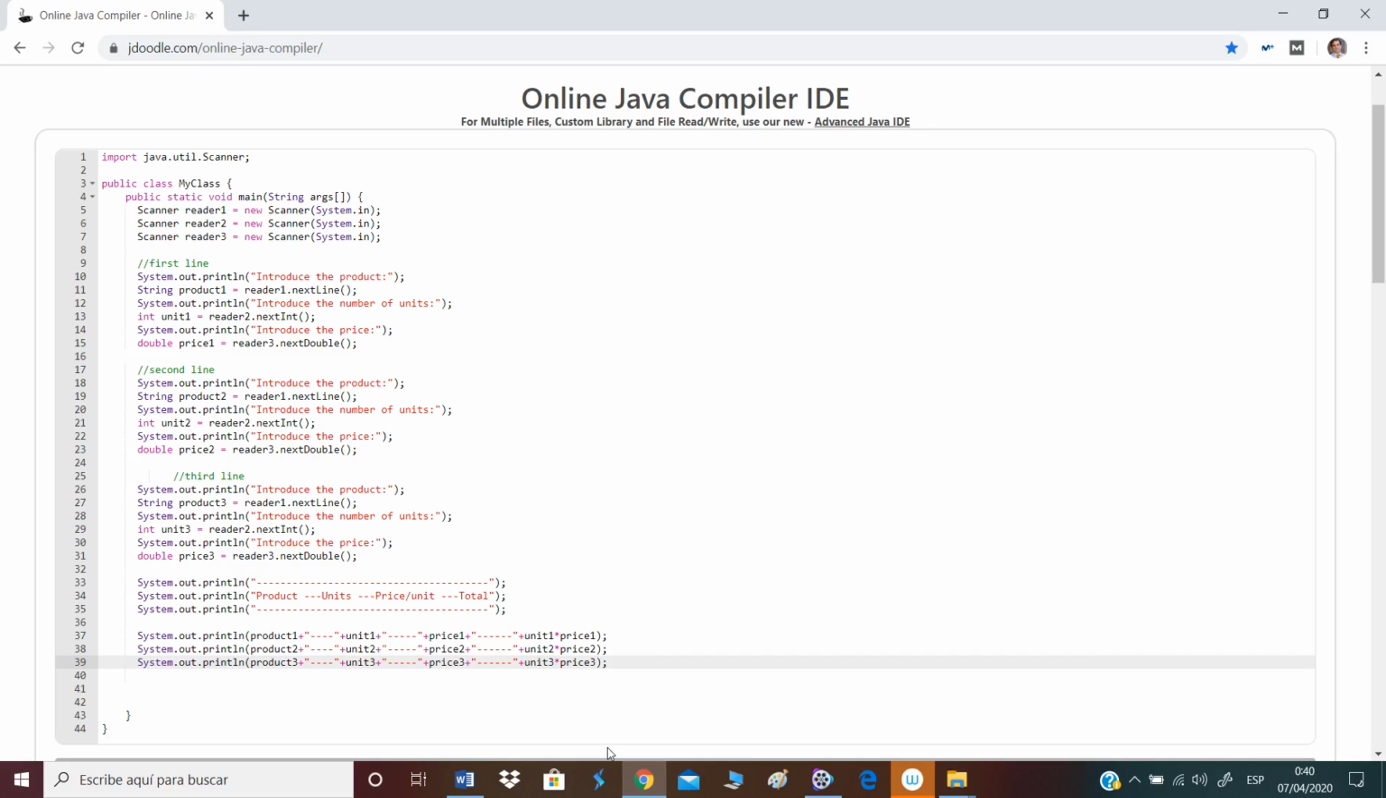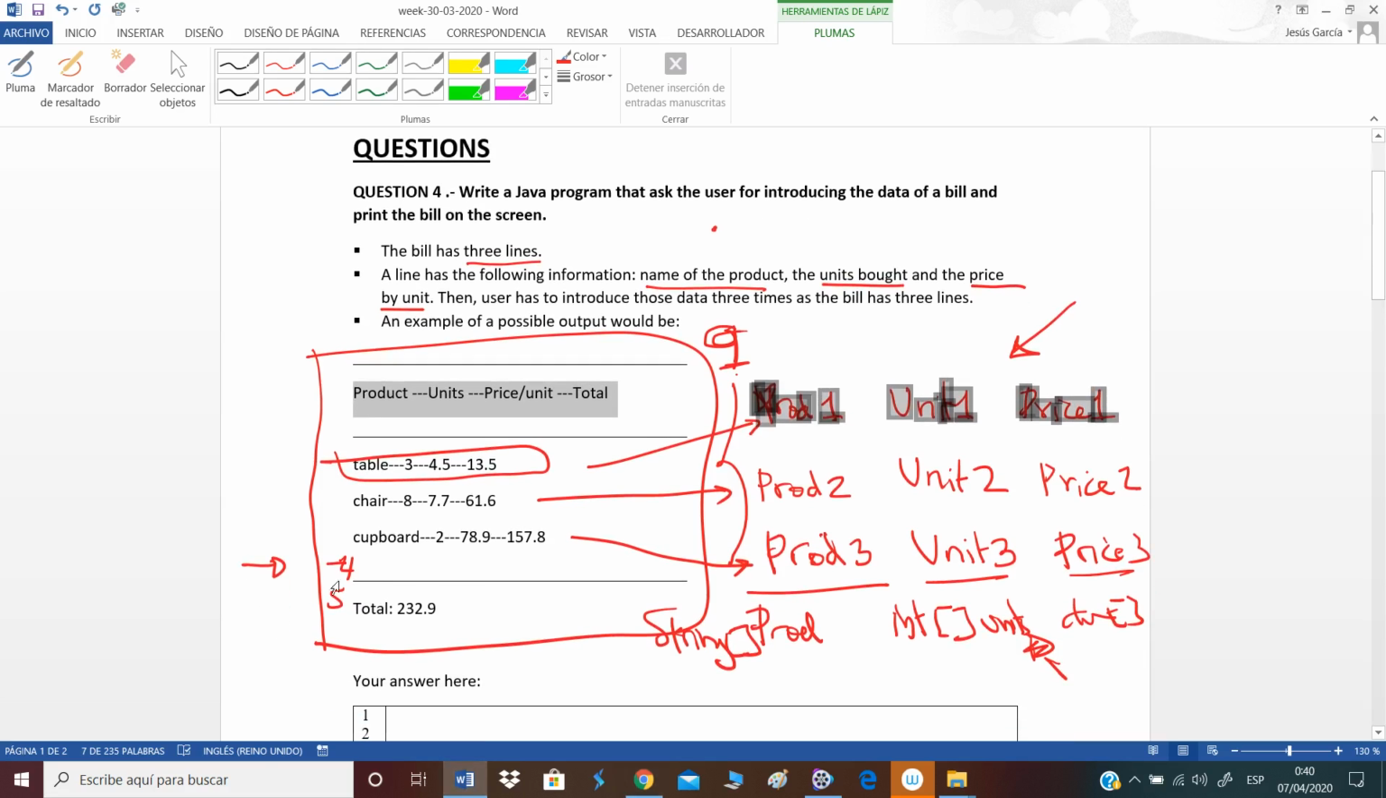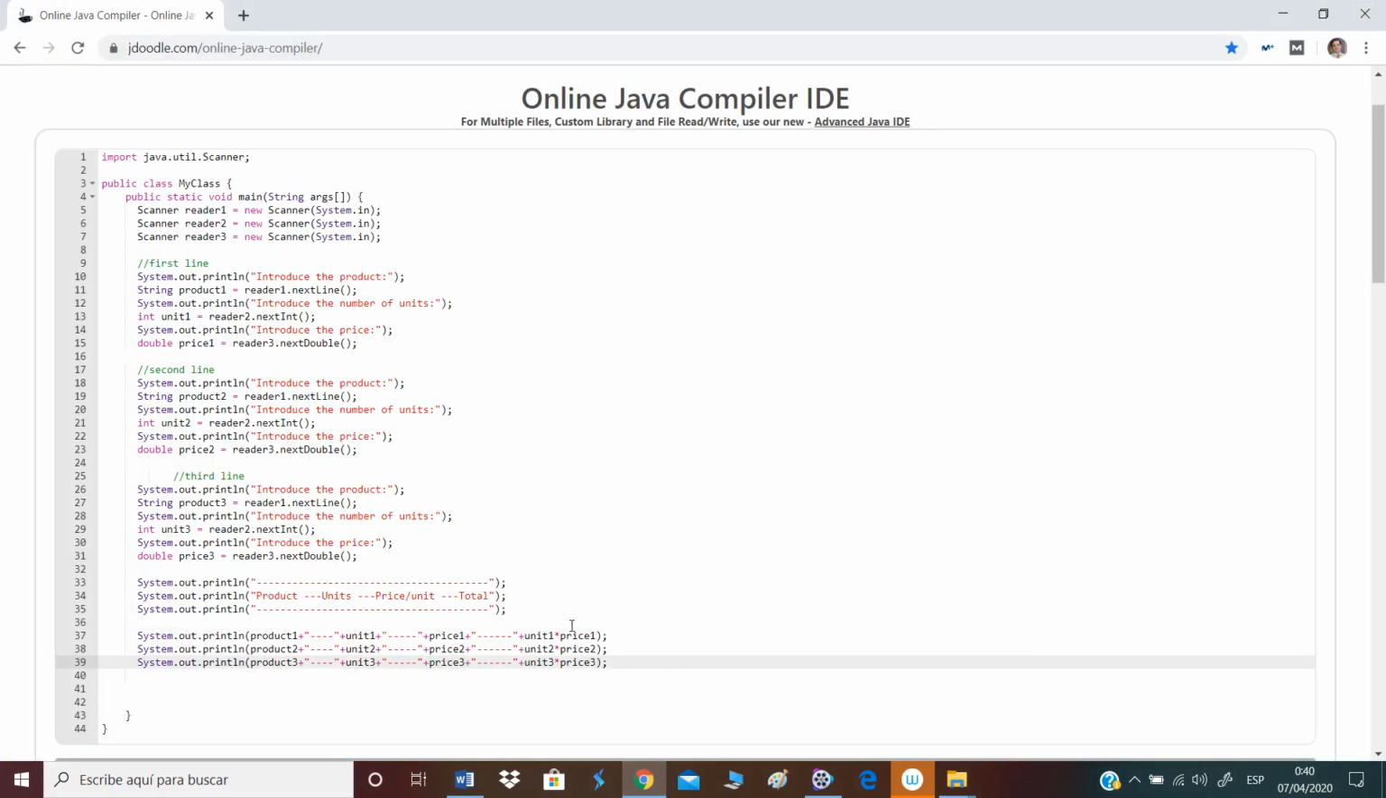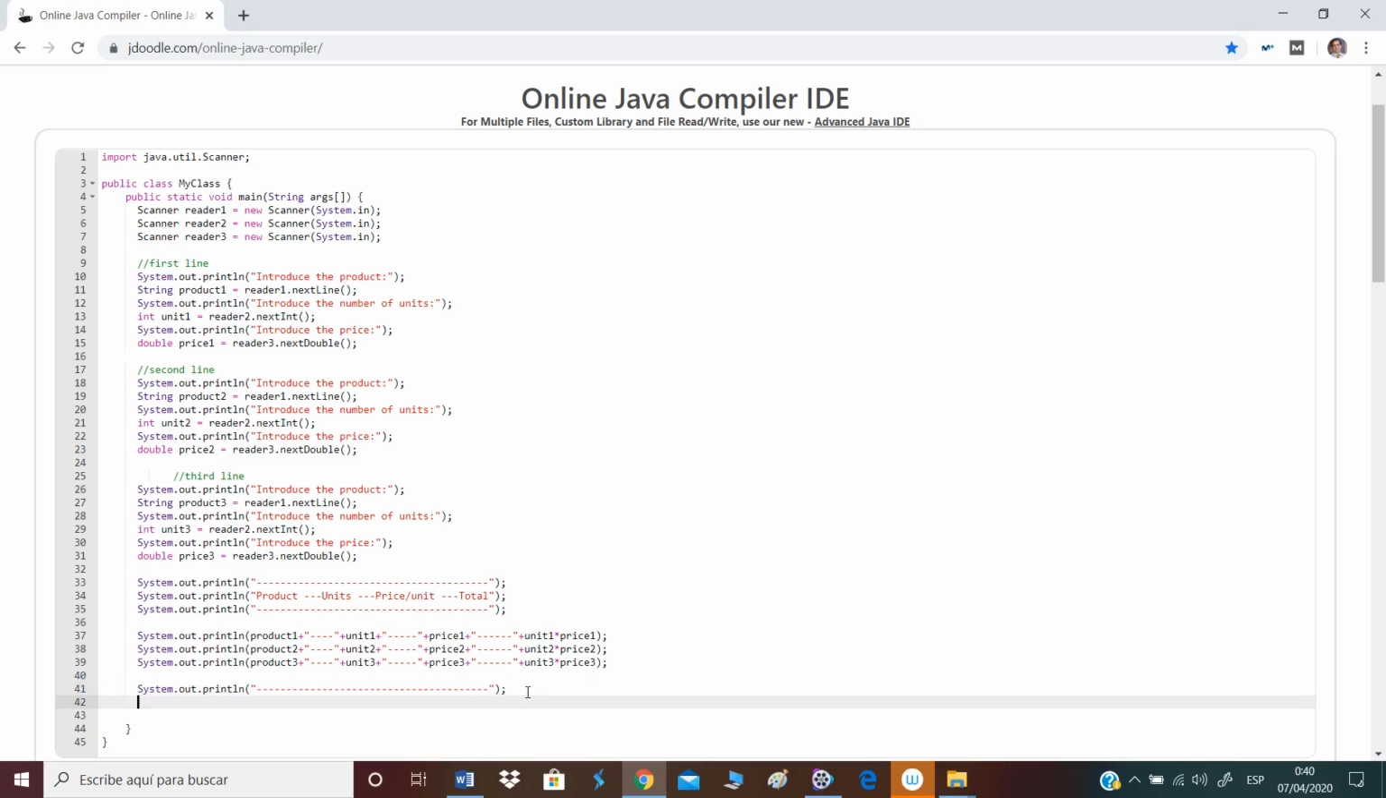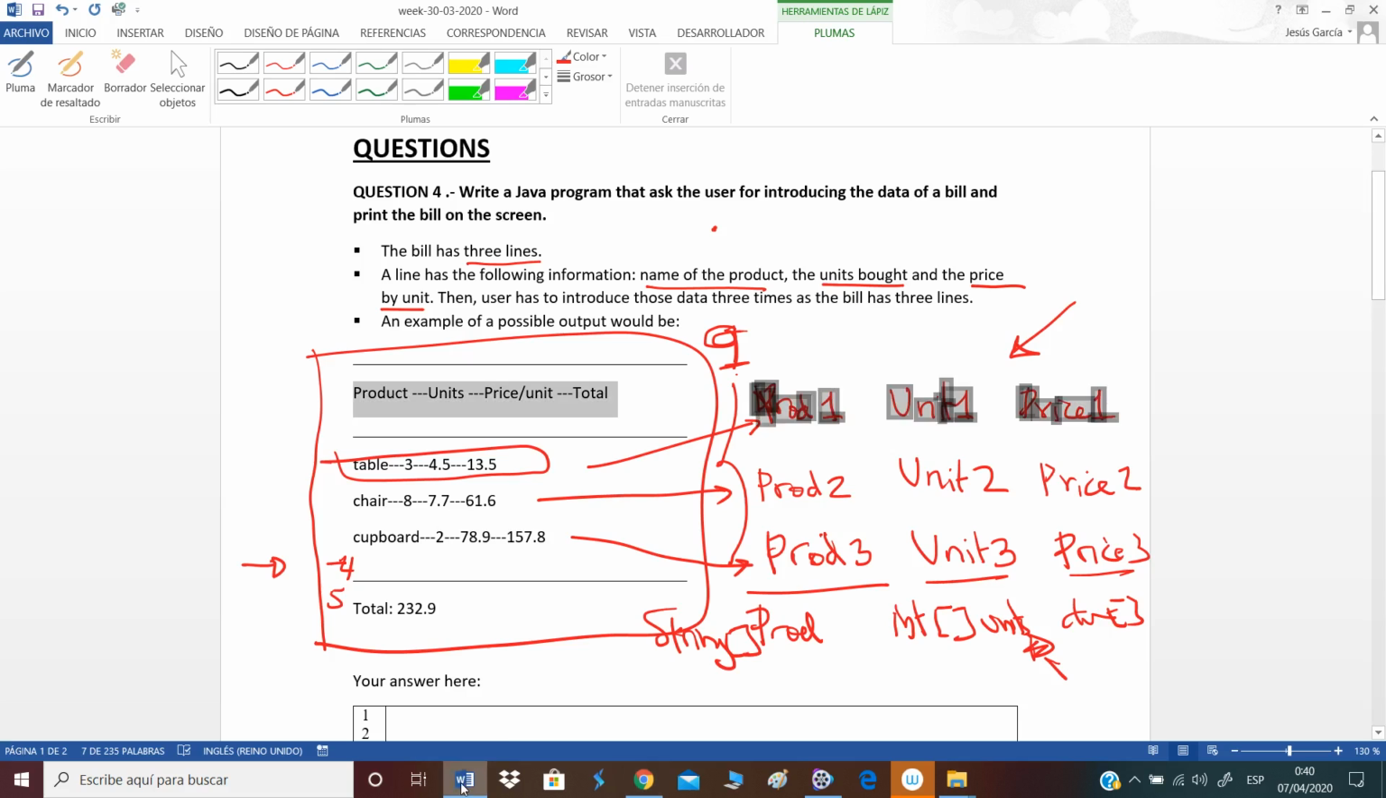Then we still have to print this line and then the total. Okay, let's finalize then this line. I will just copy, Control C, and then the total. I put the text, also I put total. Okay,